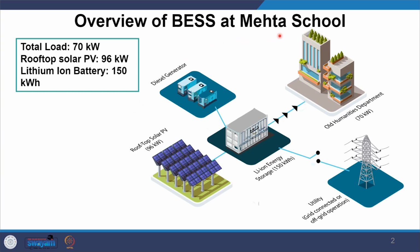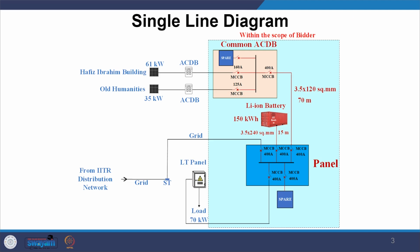At first, let us explore the single line diagram of the BESS at the Humanities, Mehta Family School of Data Science and Artificial Intelligence. Firstly, here we have two solar PV systems, one at the Hafiz Ibrahim building generating 61 kilowatt and another at the Mehta Family School for Data Science producing 35 kilowatt. Both systems are connected to their respective AC distribution boards. These AC distribution boards feed into a common ACDB which manages the power flow using different ratings of MCCBs and